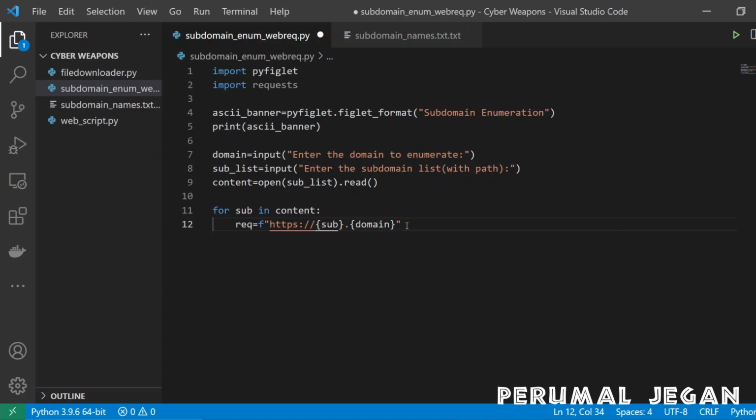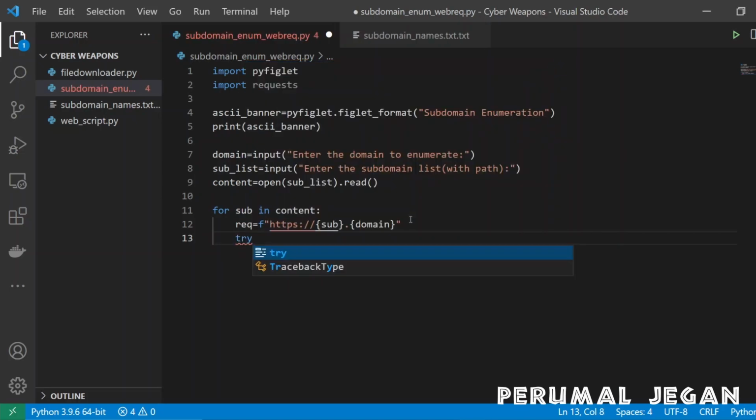Okay, now we formed the main URL. All we need to do is try this URL. Actually, the program has to try this URL to find the valid subdomains, and I'm using a try except else statement to perform this. The try except statement is like, there are two possibilities. Either the attempt may succeed or the attempt may fail. So that is why I'm using the try, except and else statement here.